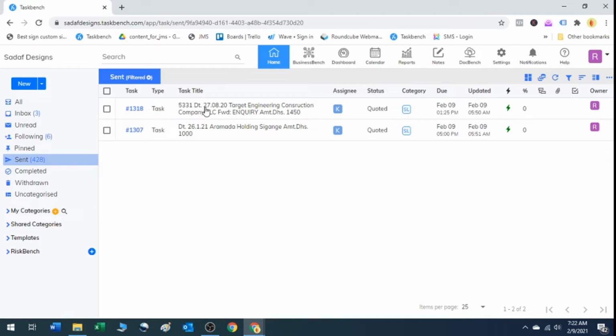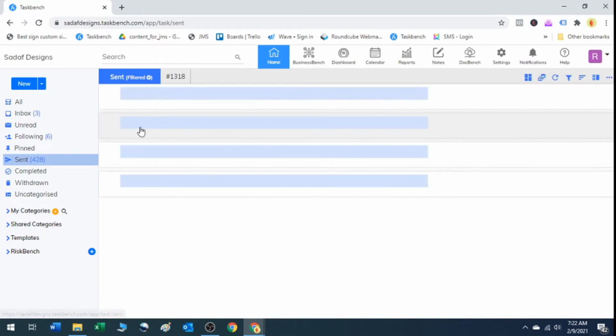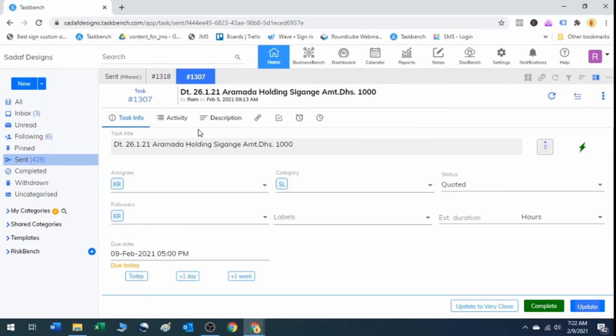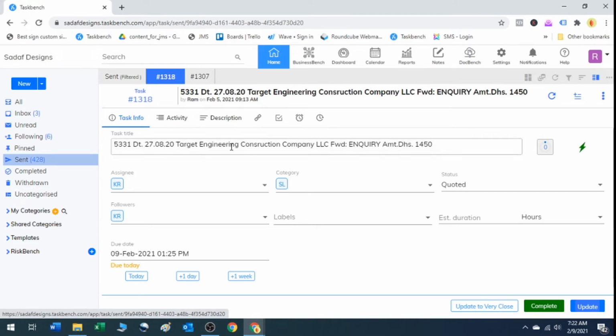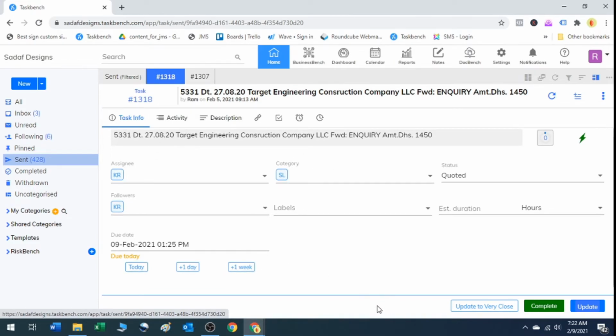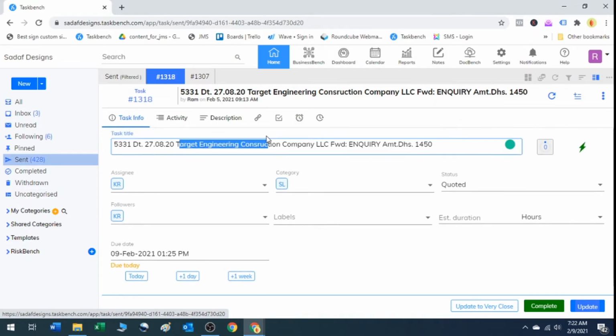So now what you need to do is you open this task, open the next task, and you can open multiple tasks in this tab. Whatever task you keep opening here, it will show up in the browser tab on the top, like a window. So you need to go to 1318, okay, then find out is there any client there, call, or you take this keyword and put it in your Gmail, find out the contact, call.